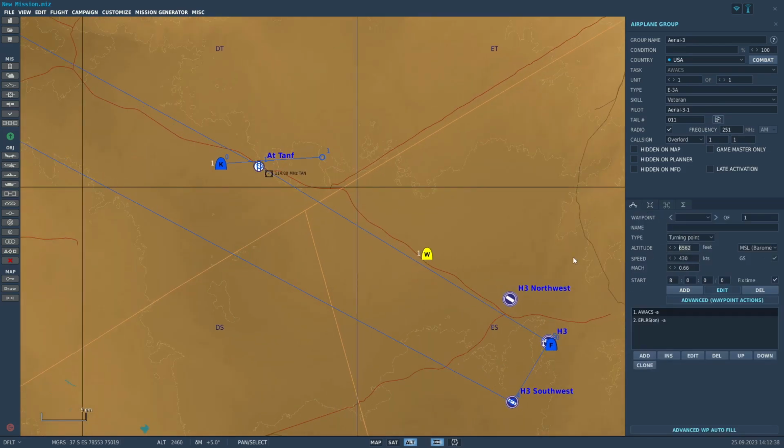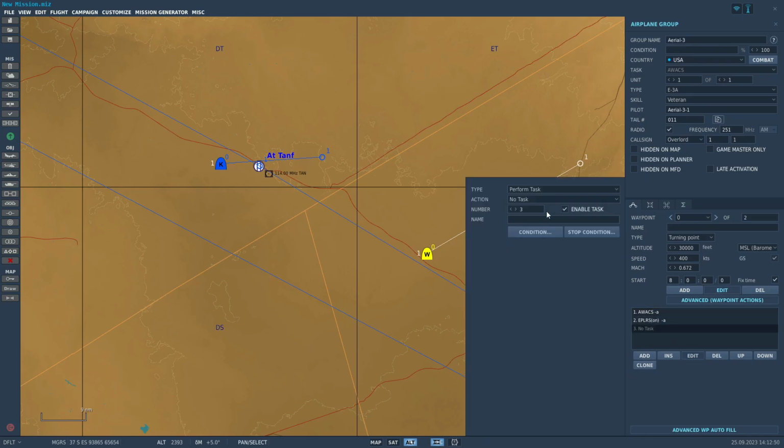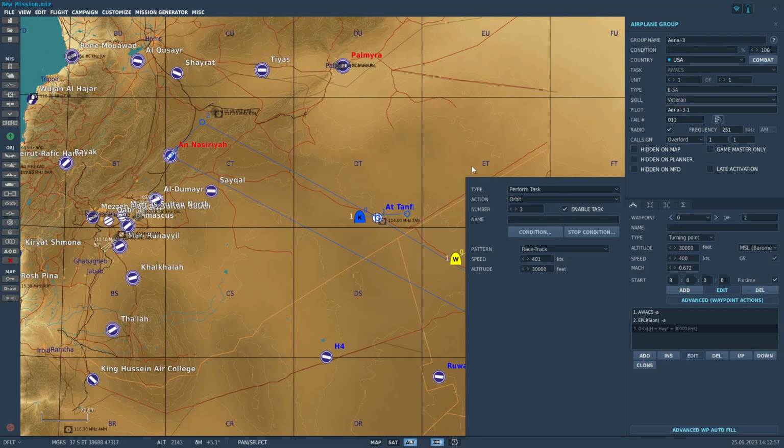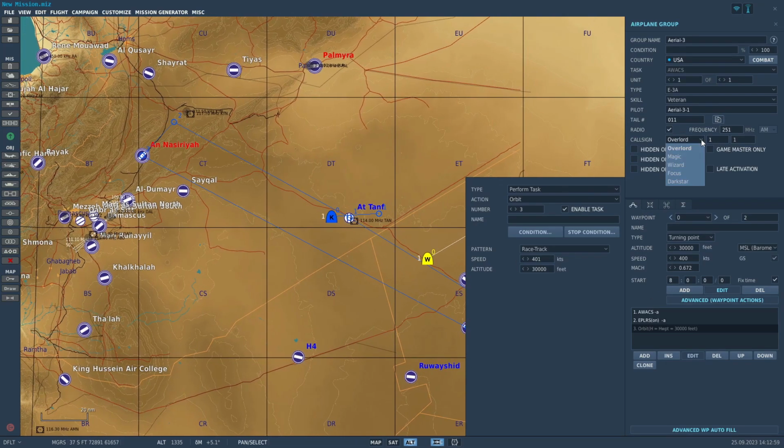And set this to 30,000 feet or so, 400 knots, I guess. Doesn't matter too much. And we'll have this be in a bit of an orbit here. Same thing, add task, orbit, racetrack, set your airspeed. You can change the call sign. Again, we're going to leave it at Overlord, but we will change the frequency to 250, just because